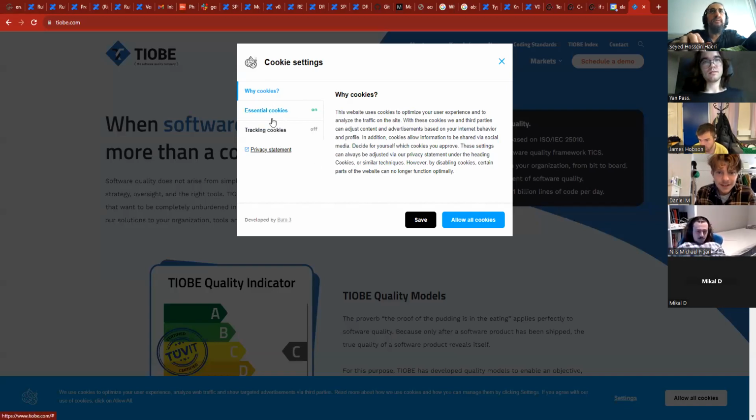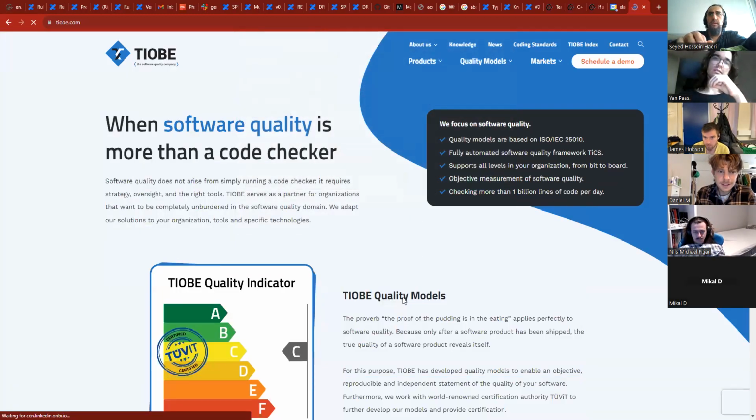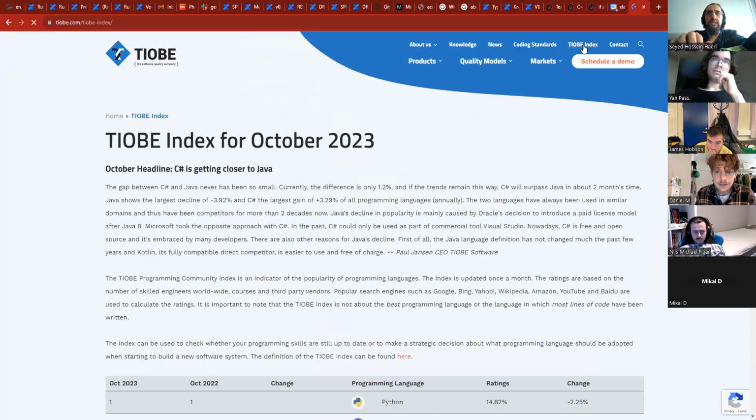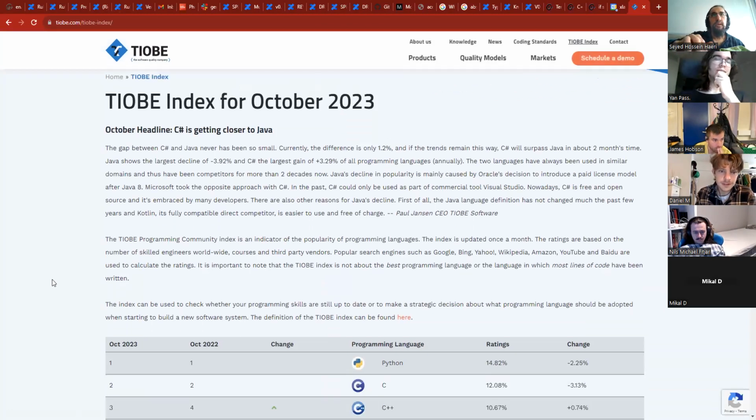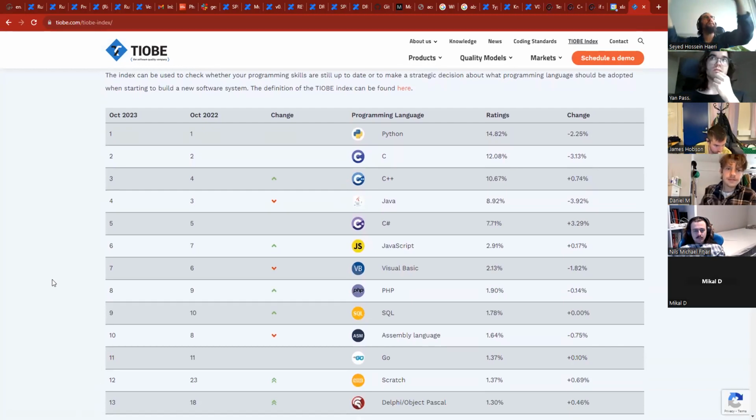Cookies on, tracking cookies off. Now there is this Tiobe index, in which their business is in certifying languages and code written in languages with the level of goodness, right?